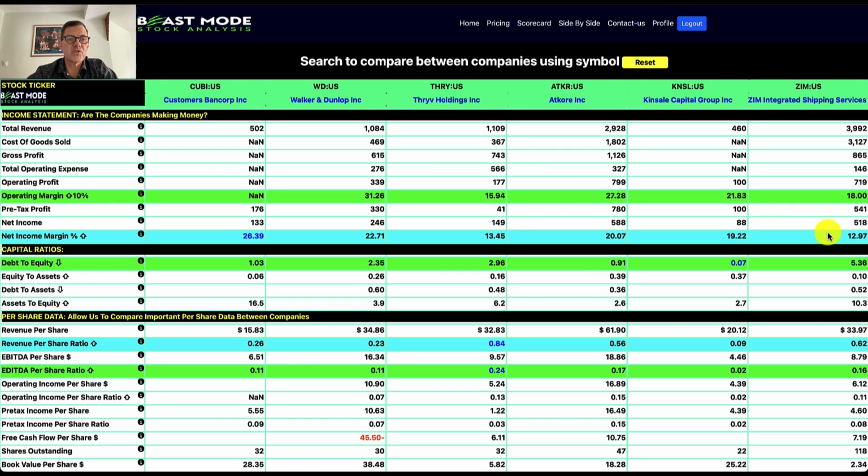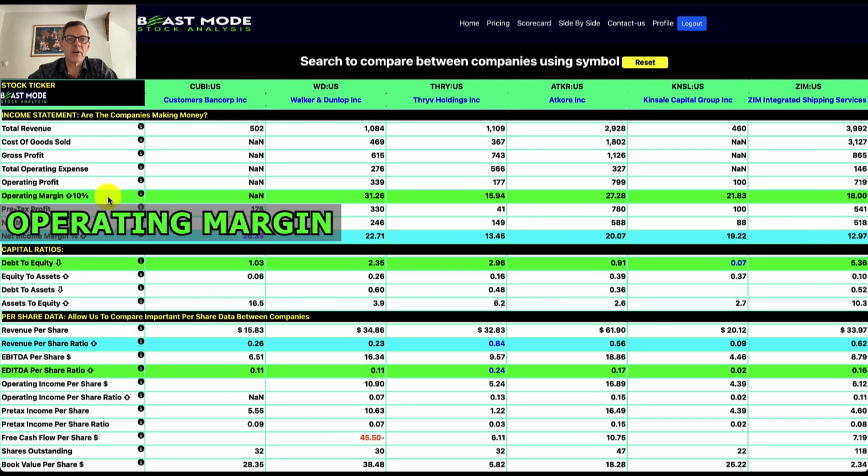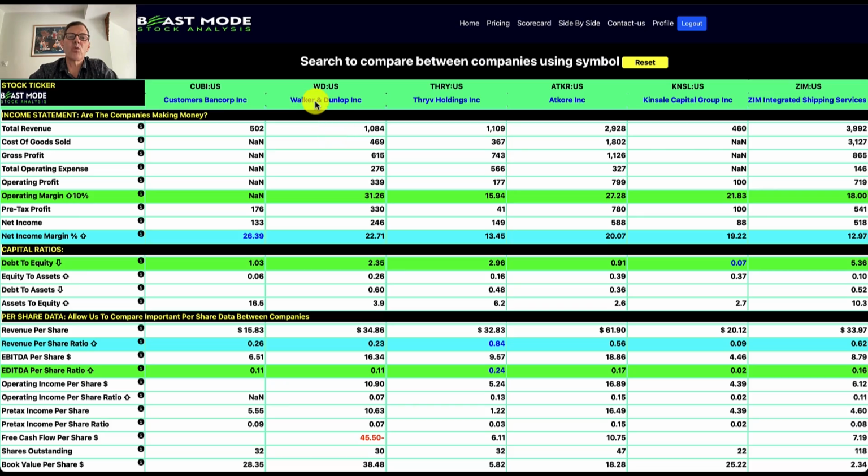on the Finviz screener. Next, we've got our operating margin, and you're going to notice we've got a bunch of NaN values here for Customers Bank, and that's because banks do not report cost of goods sold, gross profit, or any of these different categories. So that's completely normal. And our winner on this one is going to be Walker and Dunlop, coming in at